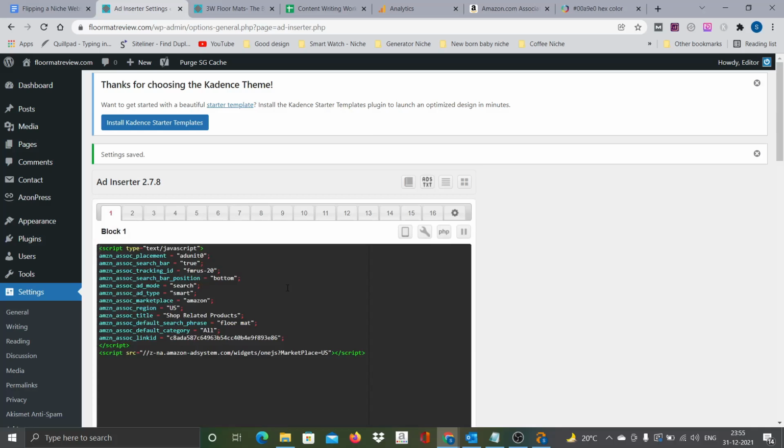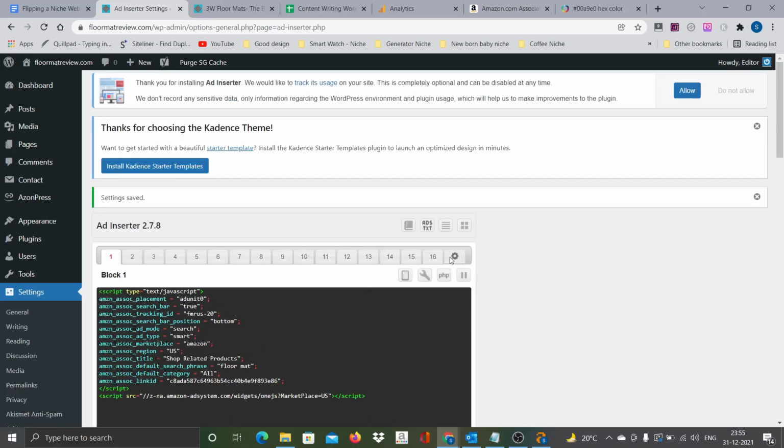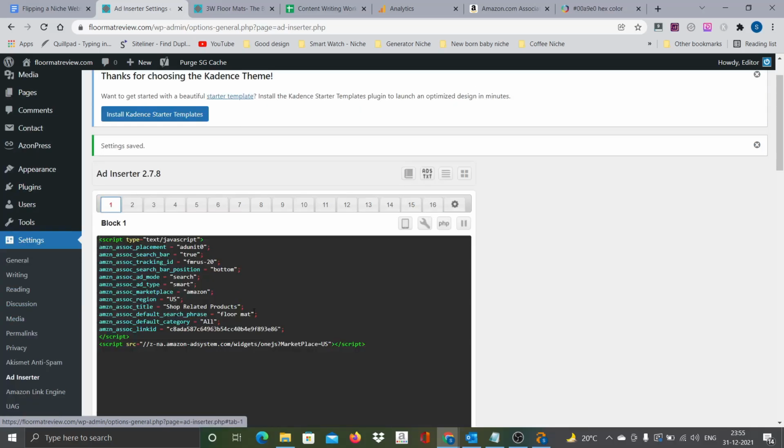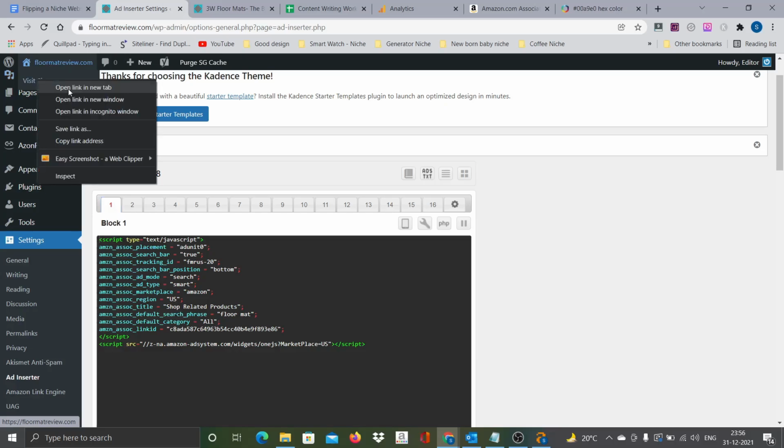Yeah, now you can see here this particular block has turned red, a different color. This is what is going to happen. This is what we need to achieve. Okay, done. So now let's go to the blog and see how these changes will get reflected. Just open any of the blog posts.